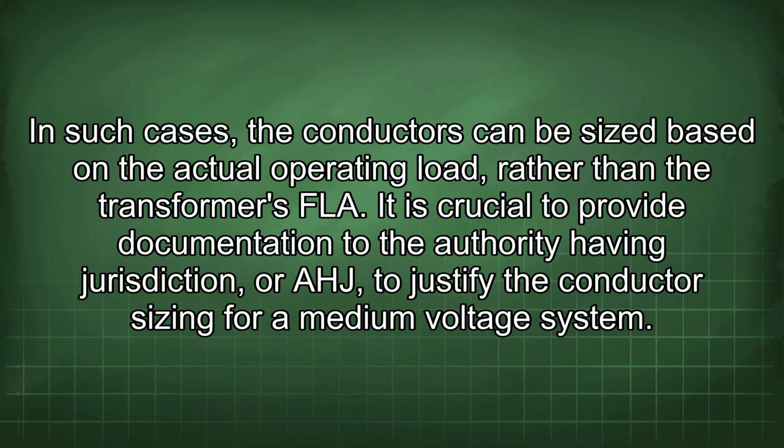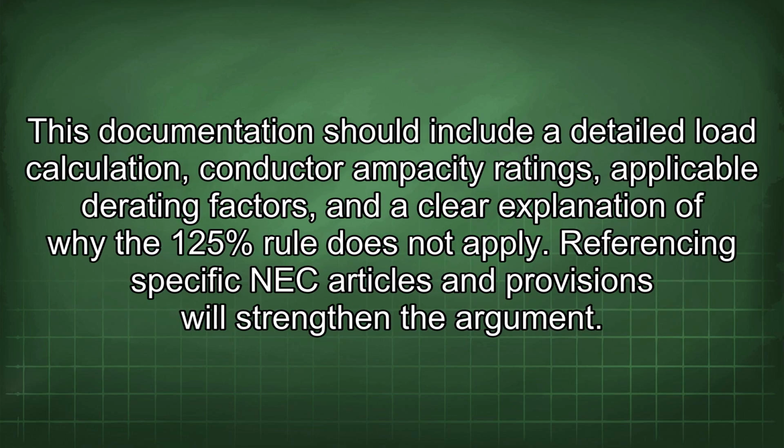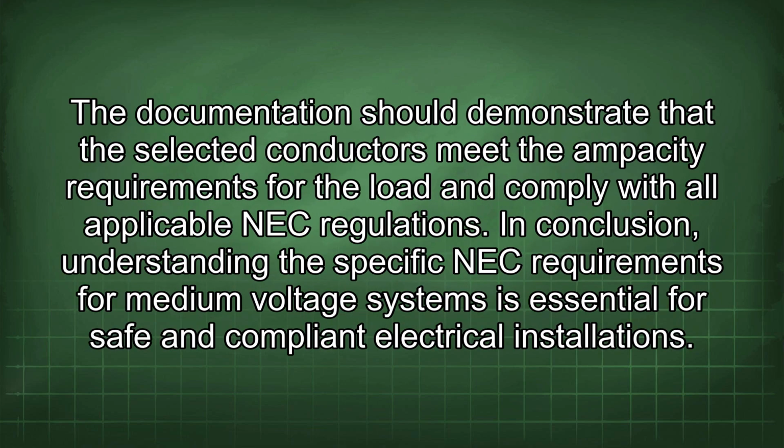It is crucial to provide documentation to the authority having jurisdiction, or AHJ, to justify the conductor sizing for a medium voltage system. This documentation should include a detailed load calculation, conductor ampacity ratings, applicable derating factors, and a clear explanation of why the 125% rule does not apply. Referencing specific NEC articles and provisions will strengthen the argument. The documentation should demonstrate that the selected conductors meet the ampacity requirements for the load and comply with all applicable